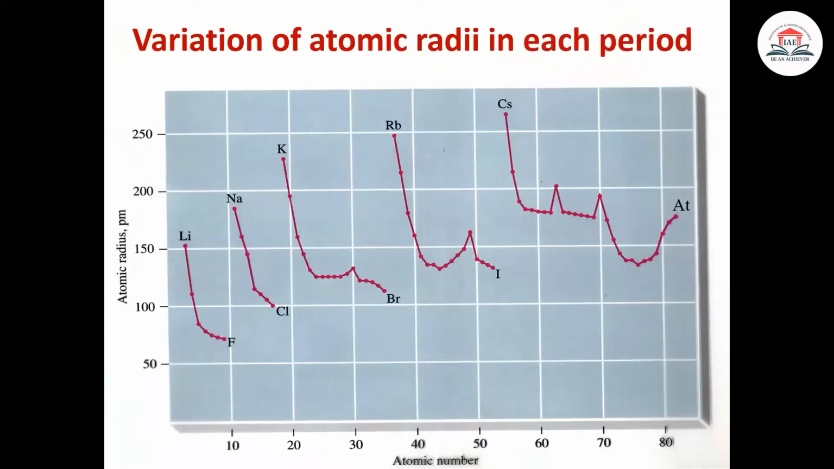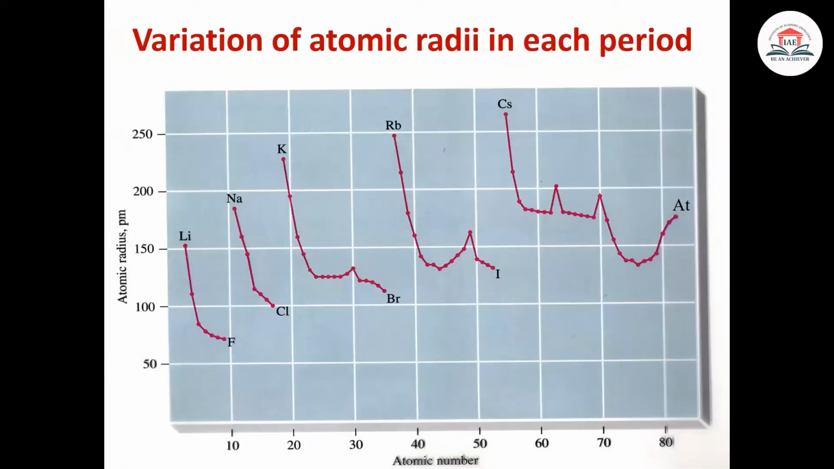Then, variation of atomic radius in each period. In the first graph, from lithium to fluorine, these are the elements in period 2. So from left to right, the radii is decreasing. Same goes for all the periods: from sodium to chlorine, from potassium to bromine, from rubidium to iodine, from cesium